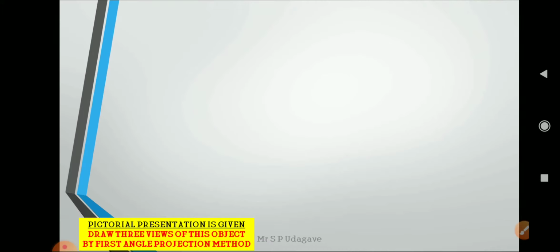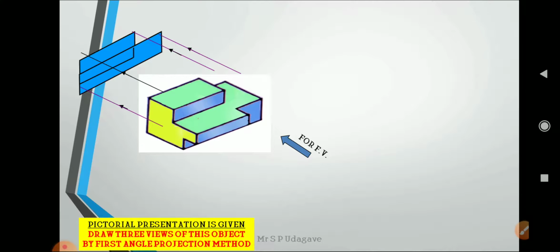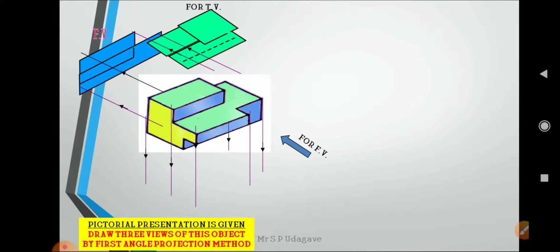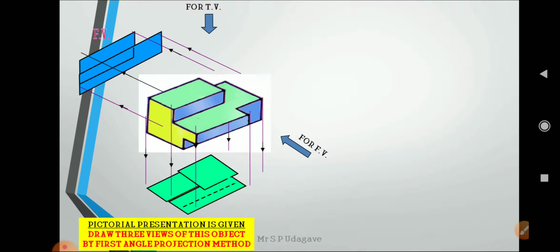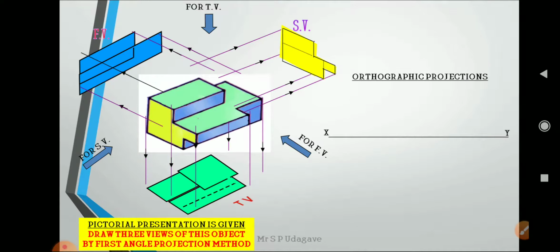Now let us take the second example. See the front view and take the projection. Similarly we can draw the observable parts in the front view, then take the top view and draw the projection lines, including the imaginary part, and also for the side view. So in a single plane we can draw the orthographic projection for the object.